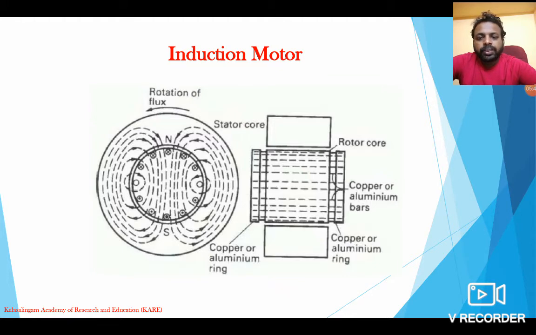So when you supply the AC current to the stator, it creates a magnetic flux. This magnetic flux keeps on changing due to the change of poles, right? So due to the continuous change of poles in the stator, it creates a rotation of magnetic flux. This rotation of magnetic flux is shown in the image as a dotted line. So just try to imagine: you supply AC current to the stator, it creates a rotation of magnetic flux, and it keeps on rotating in its own axis.